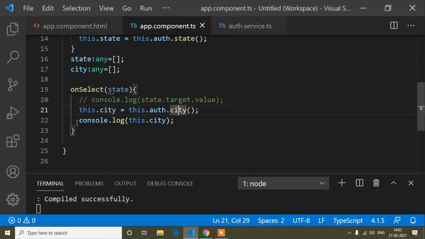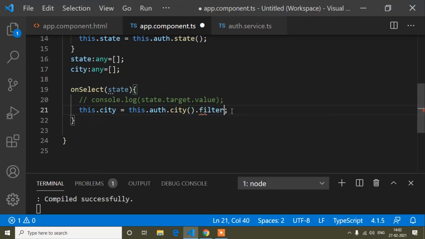Now guys, I will remove this console, and here I write city.filter.